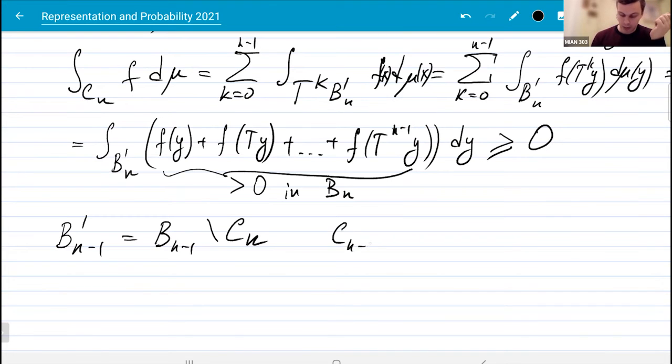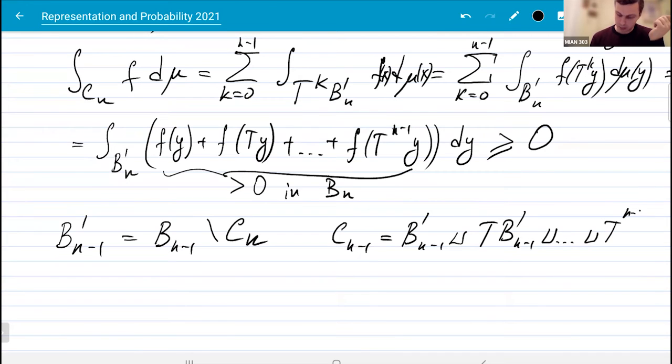And Cn minus 1 is the union of B prime n minus 1 and now the images up to Tn minus 2 of Bn minus 1 prime. Again, all these guys are disjoint,